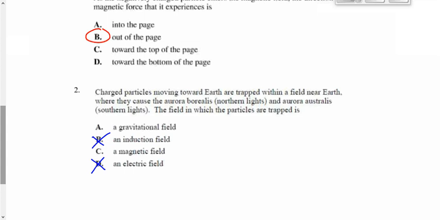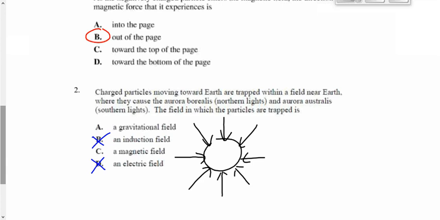Let's draw both of them. Here's the gravitational field surrounding the Earth. It points toward the Earth. It's not a uniform field. But at any point around the Earth, whether you're at the equator or at the North Pole or the South Pole, you're going to find that the gravitational field is effectively the same. So the poles aren't really any different gravitationally than the equator is, or at least not to speak of. But the magnetic field, on the other hand, if this is the Earth, looks like this,